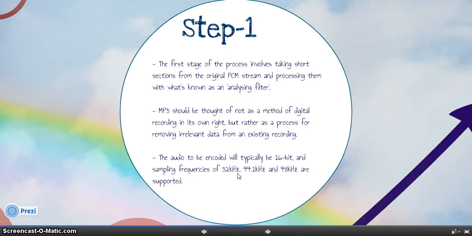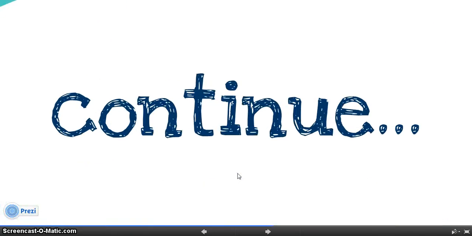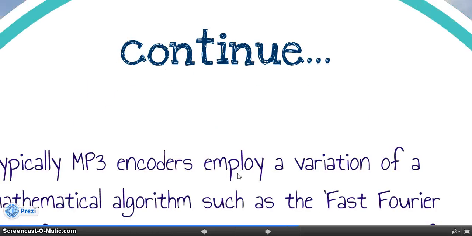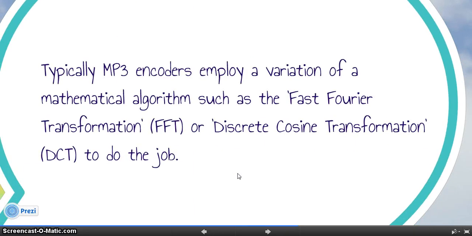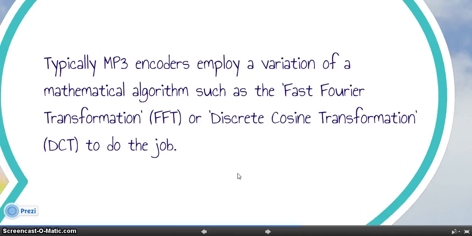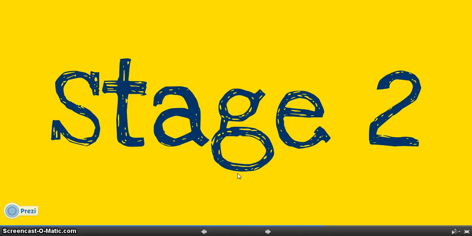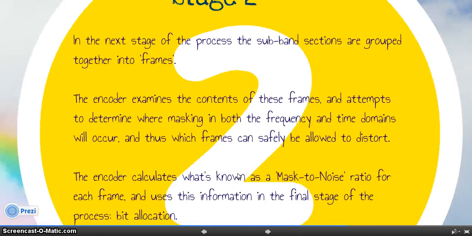The audio to be encoded will typically be 16-bit, and sampling frequencies of 32 kHz, 44.1 kHz and 48 kHz are supported. And moving on to the process, typically MP3 encoders employ a variation of mathematical algorithms such as fast Fourier transformation and discrete cosine transformation to do the job for encoding. And stage 2 involves